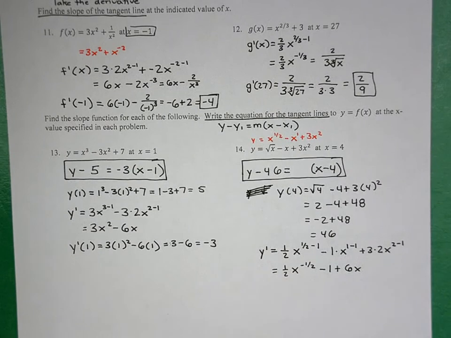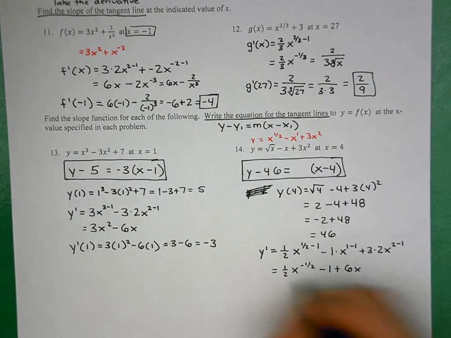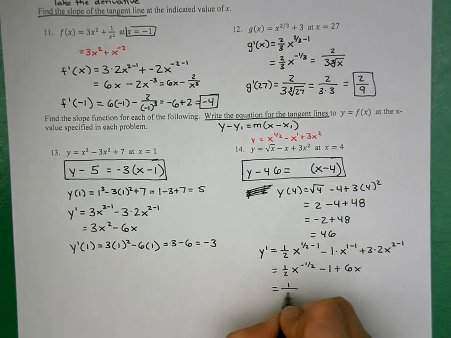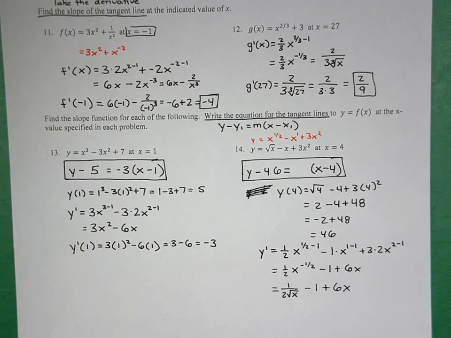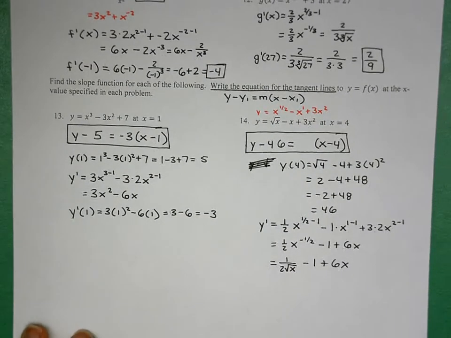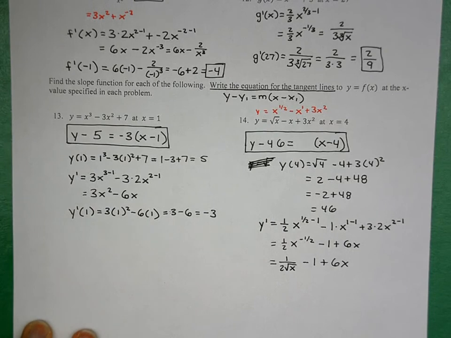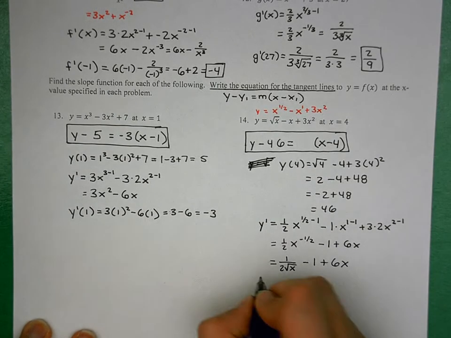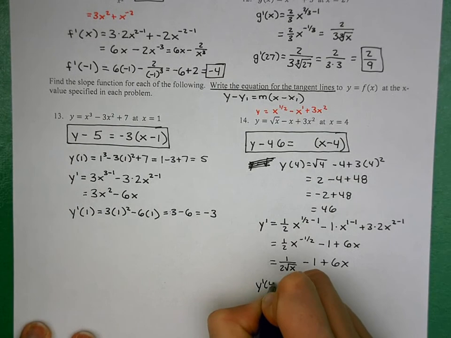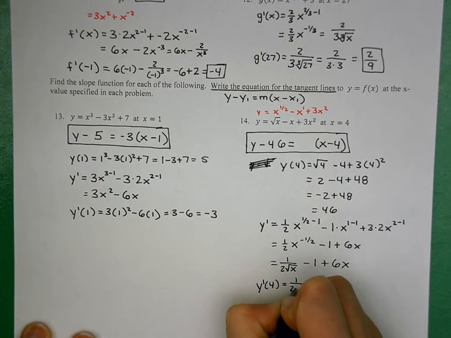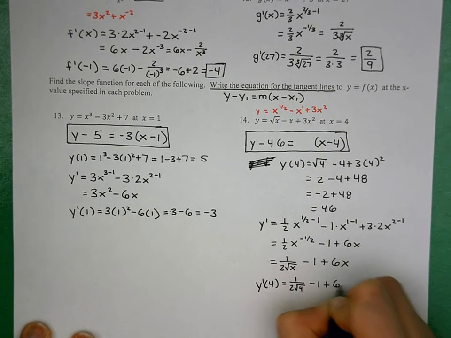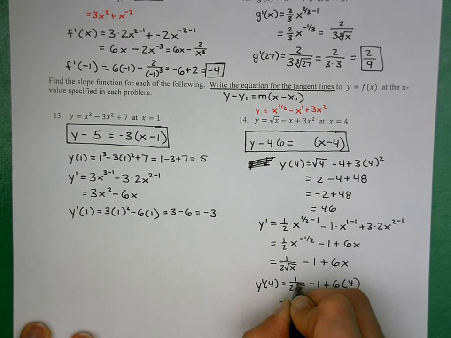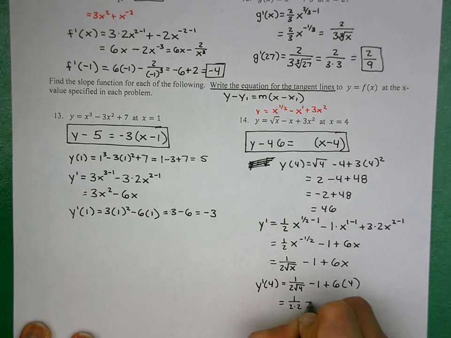And again, we're going to be plugging 4 in, so if you're comfortable plugging it in there, great. I'm going to rewrite that root x that I've got here in my denominator, and then I'm going to plug in myself. Again, it's personal preference. You don't have to rewrite if you're comfortable plugging in with the negative exponents. Okay? And so then plugging in 4, 1 over 2 root 4 minus 1 plus 6 times 4, which is 1 over 2 times 2 minus 1 plus 24,